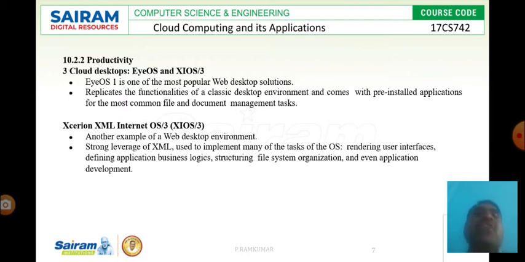It replicates the functionalities of a classic desktop environment and comes with pre-installed applications for the most common file and document management tasks. Another example is XML Internet OS, another web desktop environment. Storage level leverages XML to implement many of the tasks of the operating system: rendering user interfaces, defining application business logic, structuring file system organization and even application development.